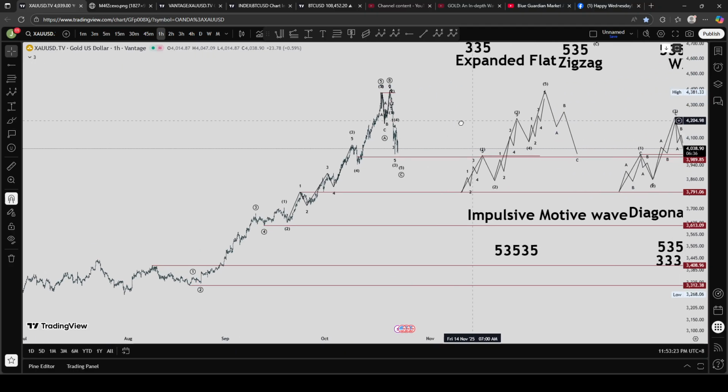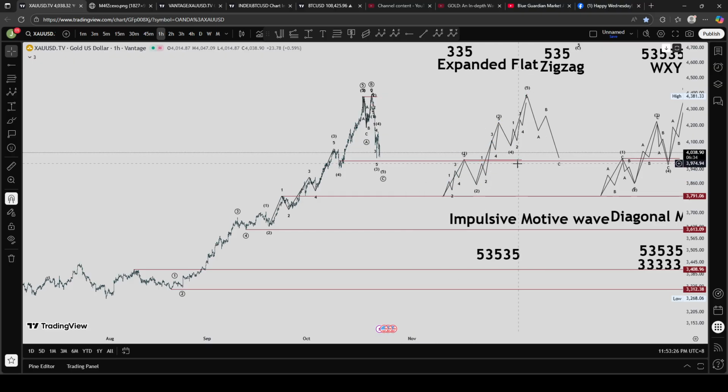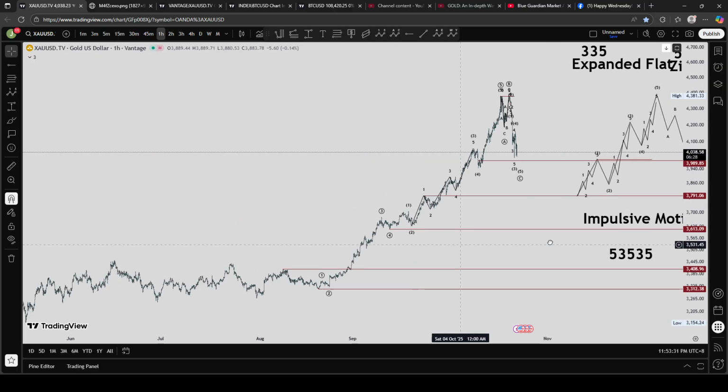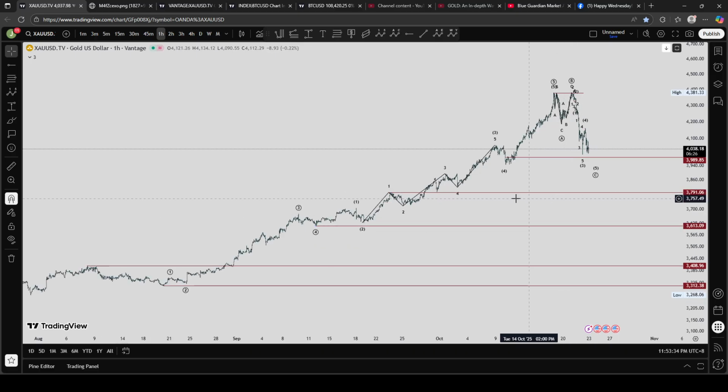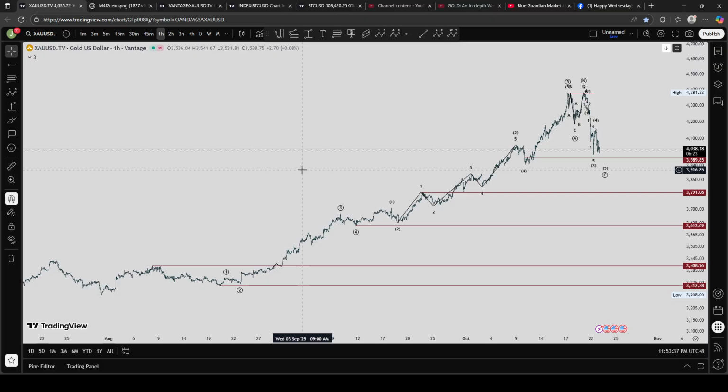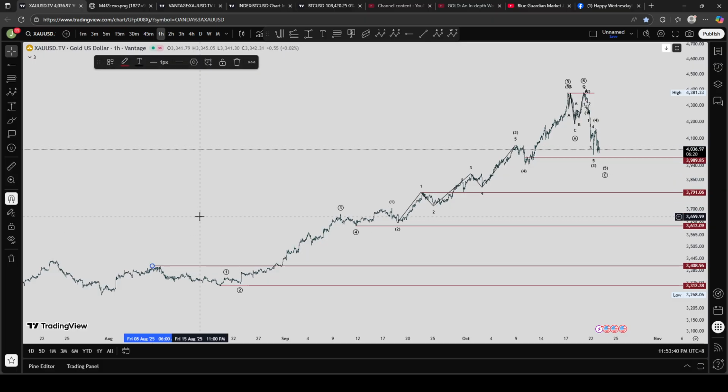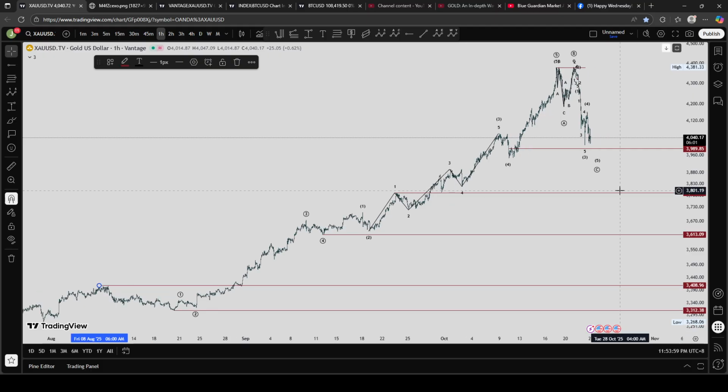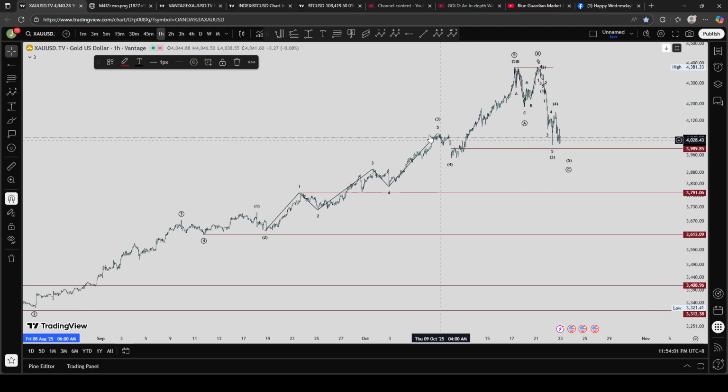So just like what I've mentioned, the invalidation of a wave 4 retracement is above wave 1 for an impulsive motive wave. So if we're going to trade this using Elliott wave theory, then the invalidation of this expanded flat scenario would be at this particular price, which is 3,408, way lower than the current price of gold. So it's up to you to manage your risk.